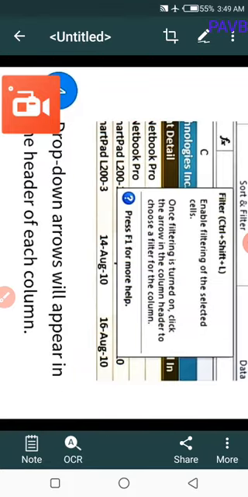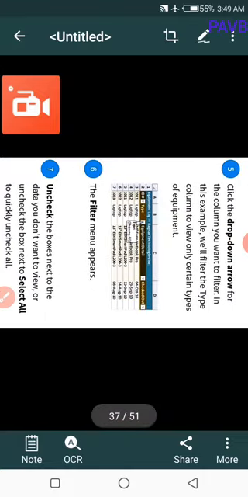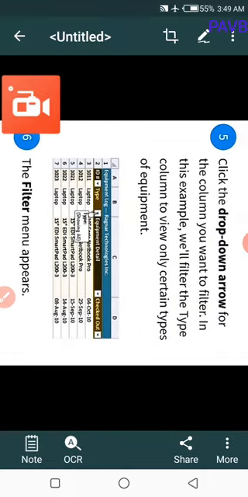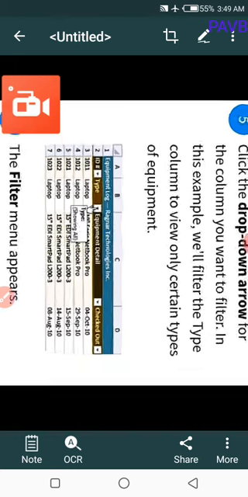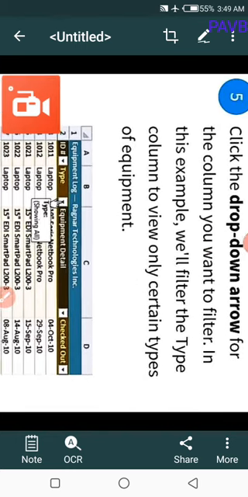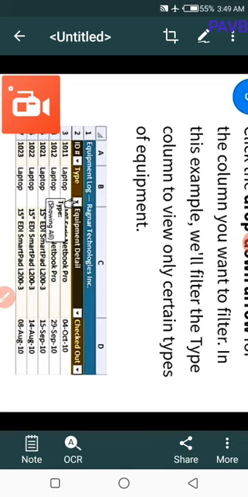A drop-down arrow will appear in the header of each column. Step 5. Click the drop-down arrow for the column you want to filter. In this example, we will filter the type column to view only certain types of equipment.